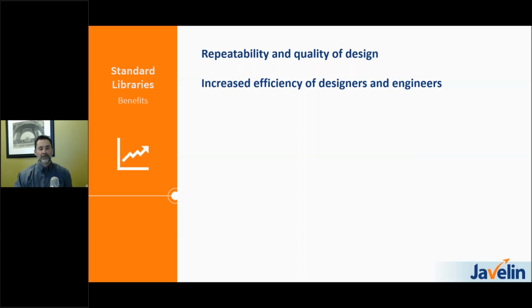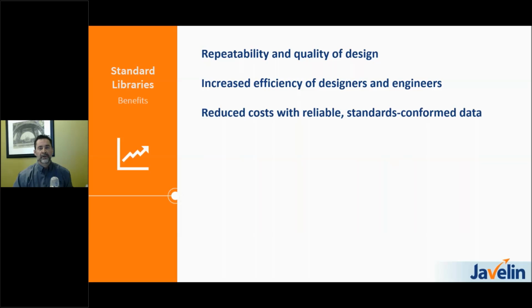Why are we having people try to remember where they drew that bracket last and which project it is in? If we have a nice centralized location that's searchable, it's going to make them far more efficient. In turn, what we want to be doing here is not only saving time, we want to save money. That's done both through the savings of time, but also reducing errors, like using the wrong standard part,